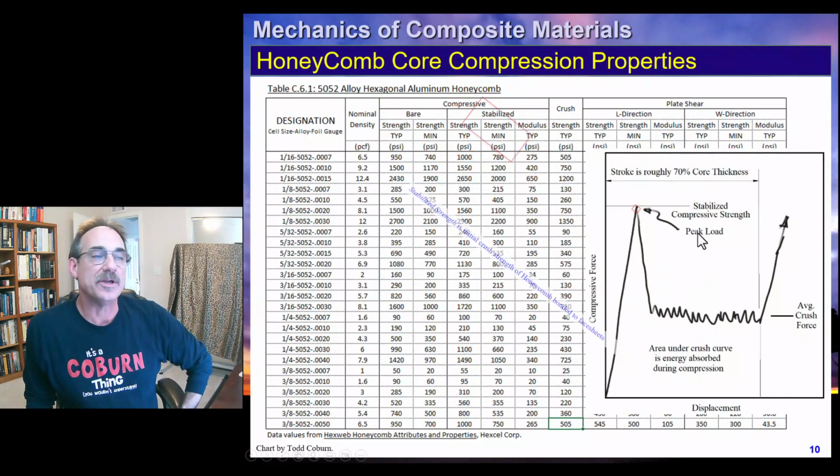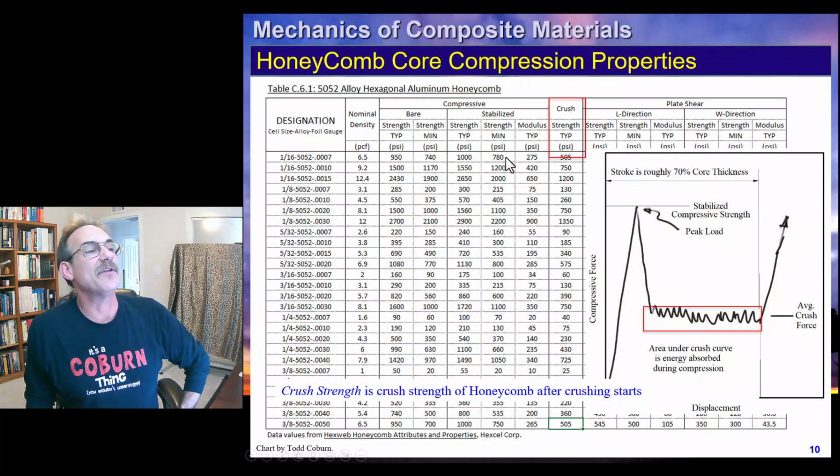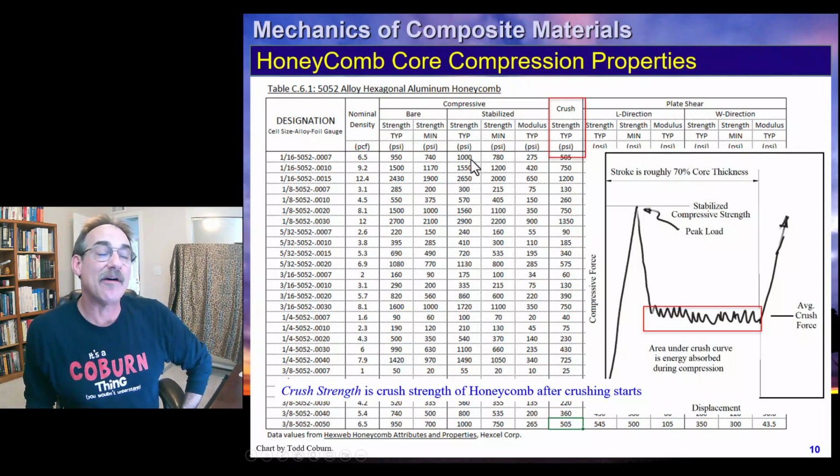There's one more value we have, and that's after we start to get failure of the core. Once the core begins to crush, you get this crush strength. You'll notice here, if the core was by itself, we would have had a typical value of about 950 psi for this first core listed. If it were attached to face sheets, that number would be a little better, about 50 psi better, 1,000